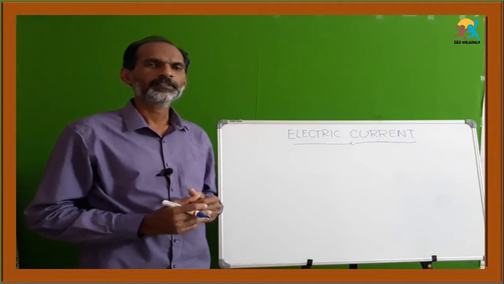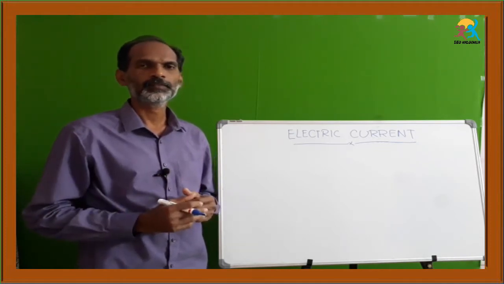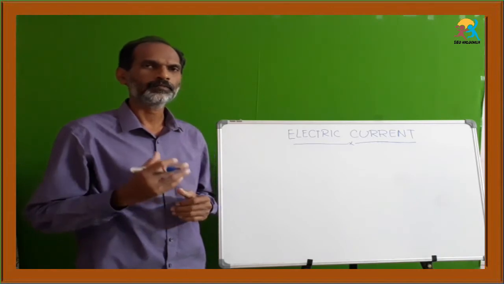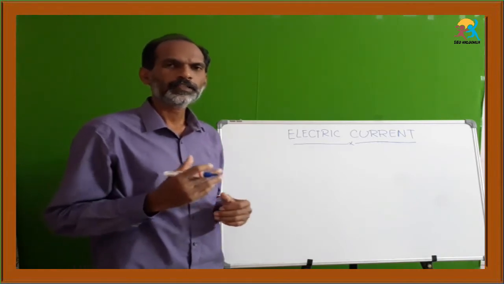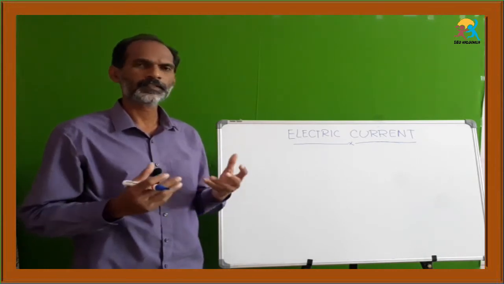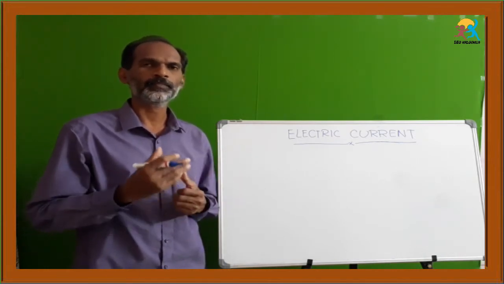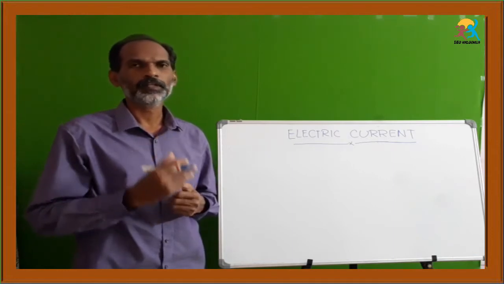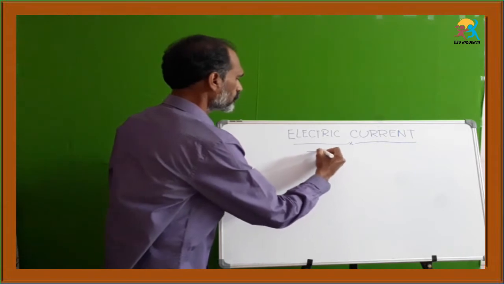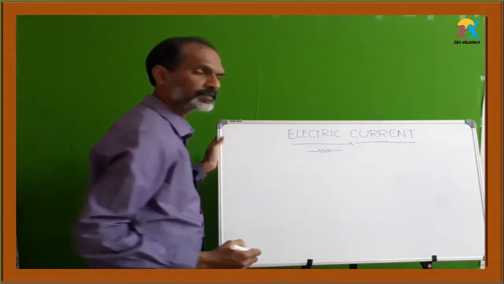So far we have seen many terms and the theory part in the electric current. Now we can understand the different types of connections of the resistors. A resistor can be whatever electrical appliance we use in our household. Okay, let us take three resistors. Resistance can be indicated with this symbol.